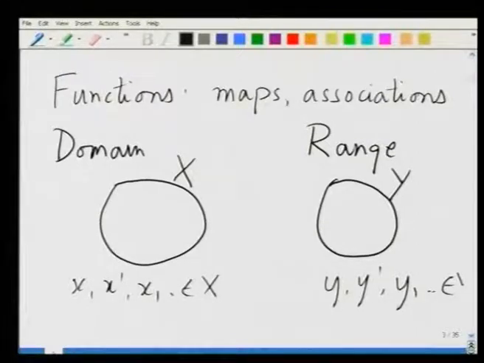Okay. So, we have a set x called the domain, a set y called the range, and we are concerned with associations set up between members of the set x and members of the set y. These associations should satisfy certain properties. Though one expects students who are about to take this course to know what these things mean, let us quickly go through these, because a proper understanding of these notions is crucial to making progress with signal and system theory.